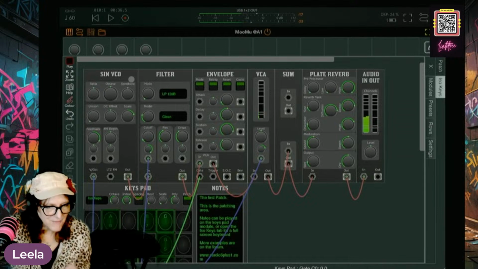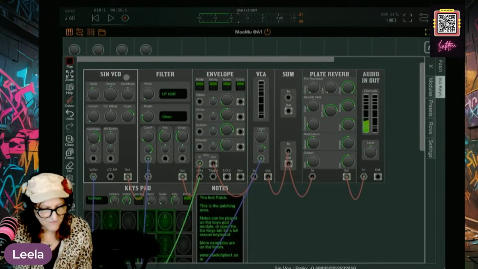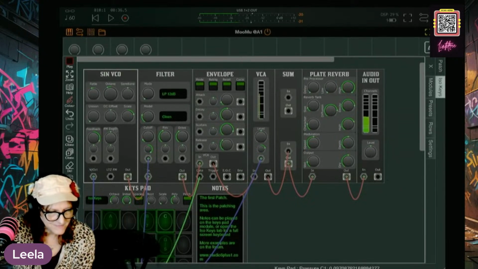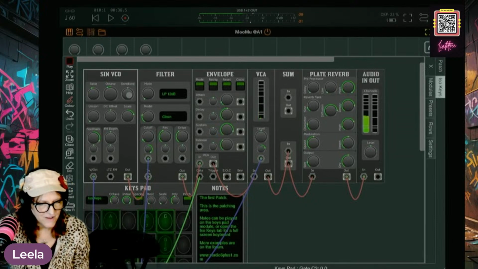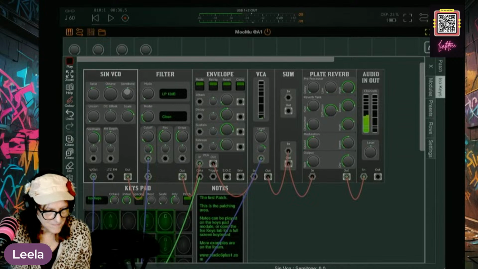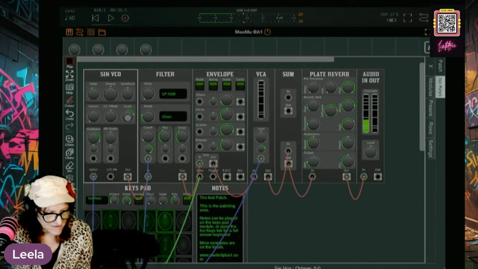Now instead of randomizing, let's play around so we can change our ratio. Let's bring it down. We're in the sine VCO right here. Oh, you can bring the octave down. You can bring the octave down here. If you double tap, it goes back to the default. So even the scale.